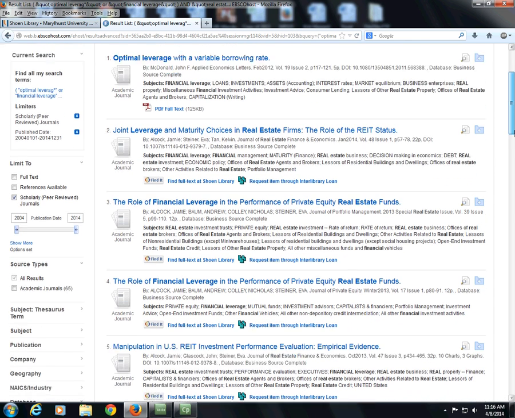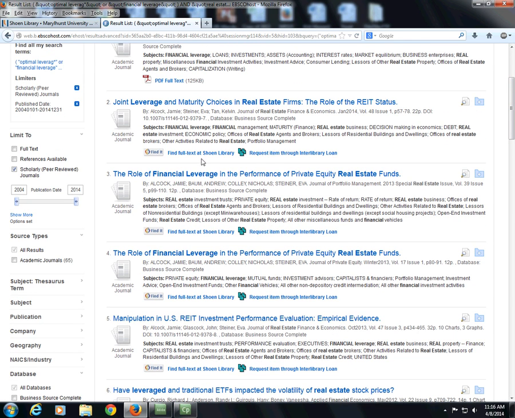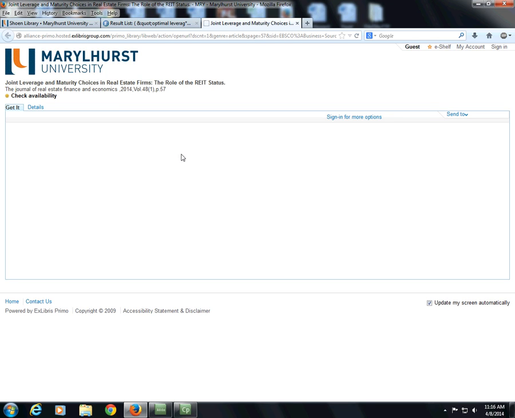Some of these do not say that. They'll say full text at shown library and request item through interlibrary loan. First, you want to click the first link, find full text at shown library. This will let you know if it is full text in any of our databases. It'll link to that other database if it is. It's really slick when that happens. A lot of times you'll get,